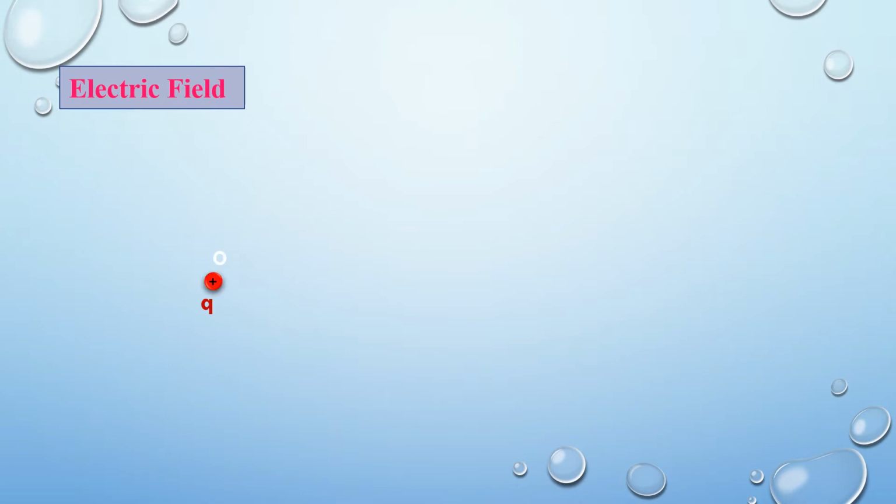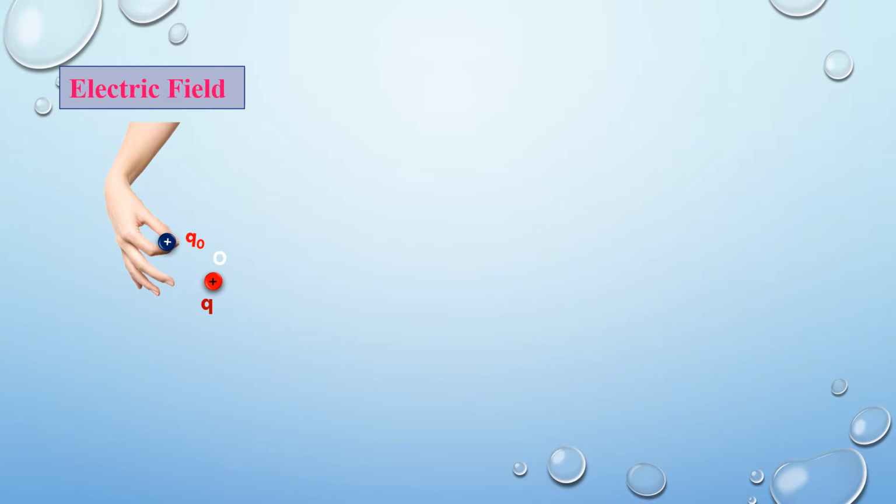To understand that, let us first consider that we place a charge in space. We can consider this charge in free space or in vacuum. Here, Q represents a charge which is placed in free space or in vacuum. And now, if I bring a test charge, we will define this test charge as well as the source charge in the next part. So here I'm bringing a unit positive charge very close to Q, and it is seen